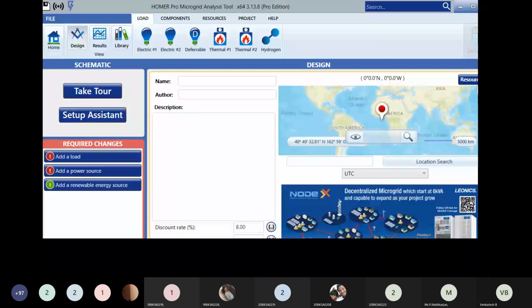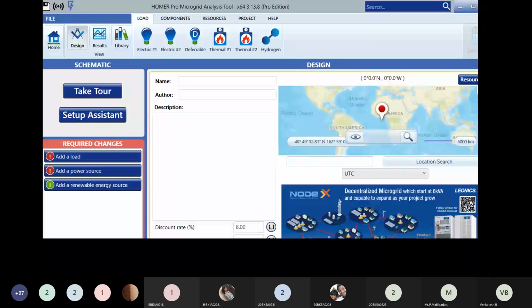Otherwise, you can click on show all months. The show all months option is there. Please look at that. When you click on that, you are able to see some Excel-sheet-kind of format.